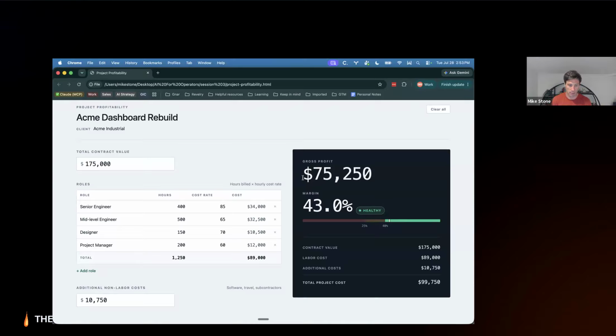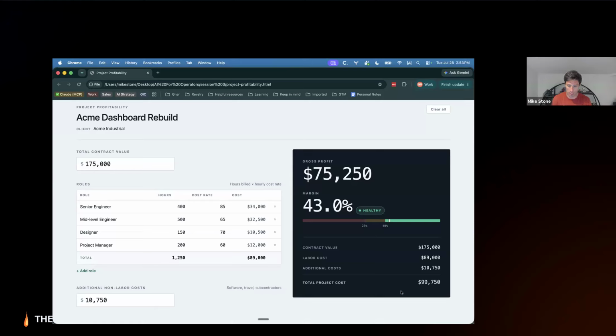This is a little bit easier to work with and view than an Excel file. This is an HTML file that we could host somewhere and share amongst the team, and everyone's using the exact same thing. They can't change any of the calculations under the hood here, and we can see the output, the things that we care about.